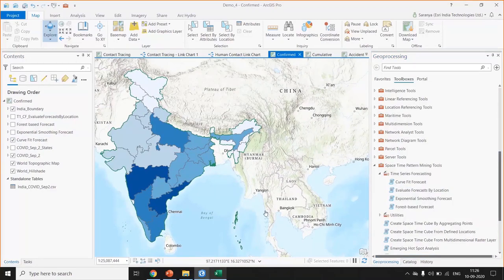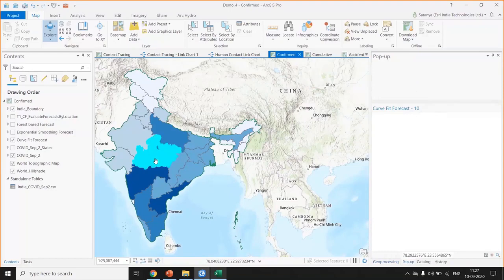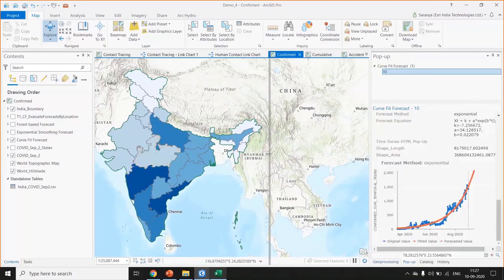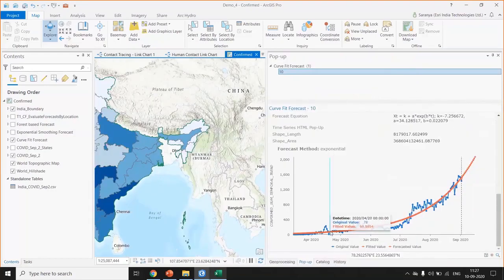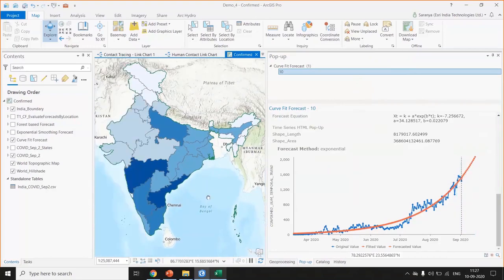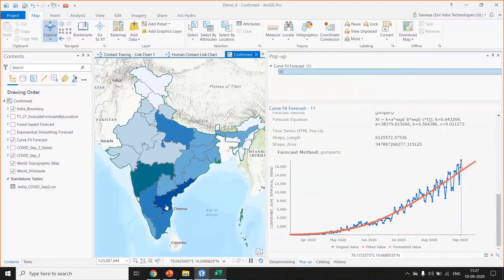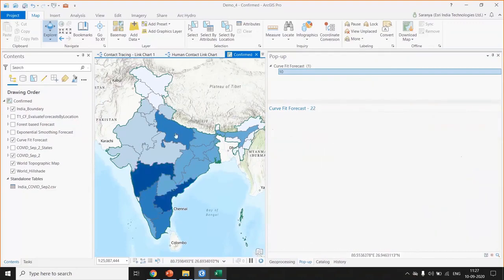Here the output of the model lies in the pop-ups. If you drag this one, you can see these blue data are the collected data or the original values, and the orange ones are the forecasted values. So for every state, we have forecasts now.